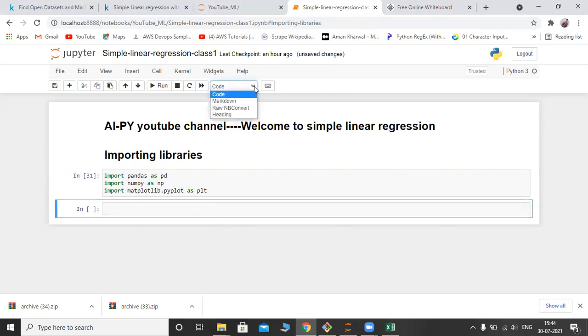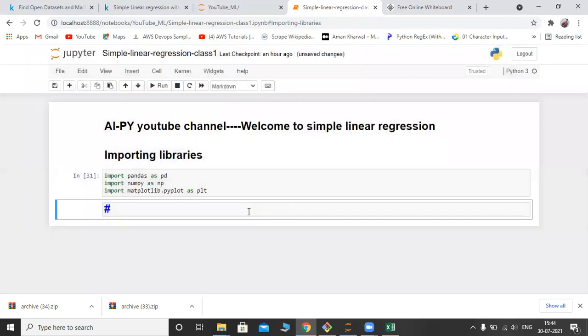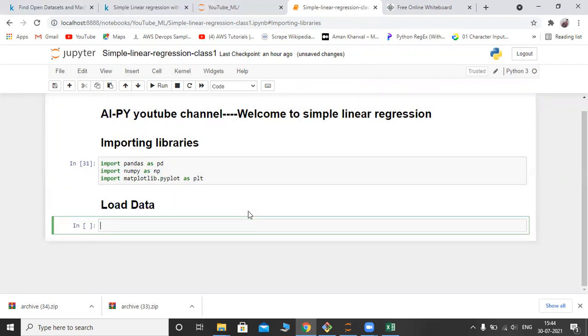Next, I will load the data. Let us load data. I'm using pd, that is pandas, and from pd I'm calling the method read_csv.